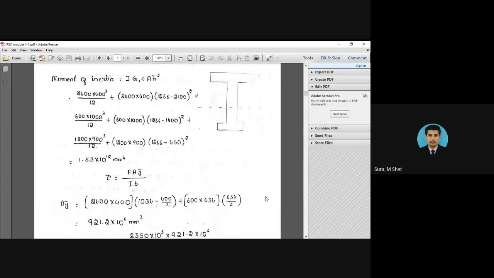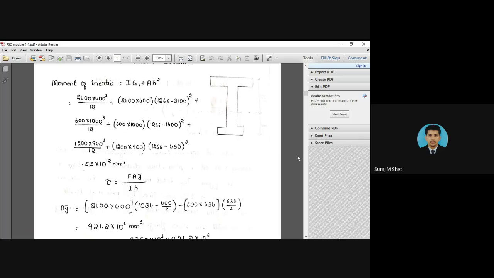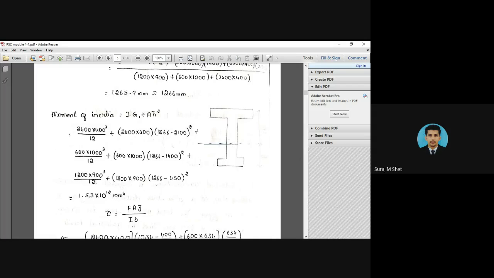So next you have to calculate tau, because module 4 deals with the principal stress. To calculate the principal stress, you have to memorize the formula of tau. Tau is equal to F into A into y bar divided by I into B. You calculate the I, you calculated B. B is already given. F is given, and you have to calculate A into y bar. So I already explained what is A into y bar. A into y bar is nothing but the moment of area above the neutral axis. If I take this as my neutral axis, you have to calculate area above the section.